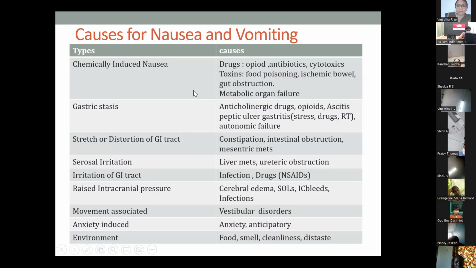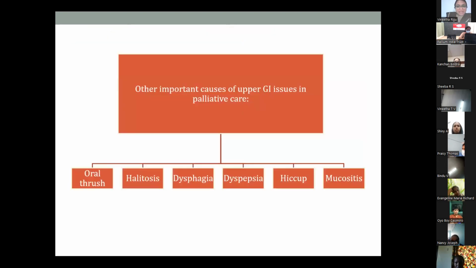I have everything of what we have discussed over here. The PPT will be sent to you, so you can read the other points that we might not have discussed. So it's not just that. There are still other reasons why a patient can have nausea and vomiting, like oral thrush, as one of you mentioned, or any mouth ulcers.